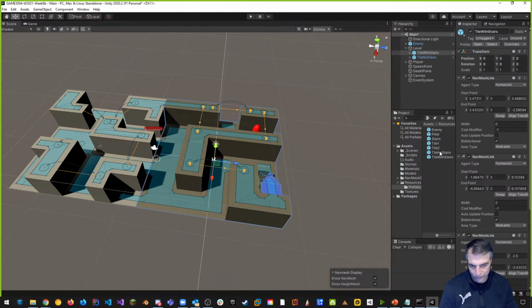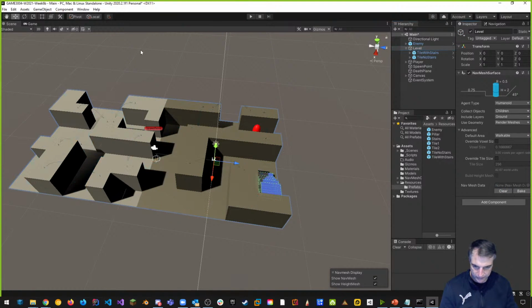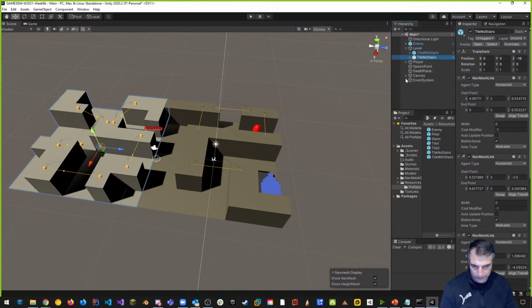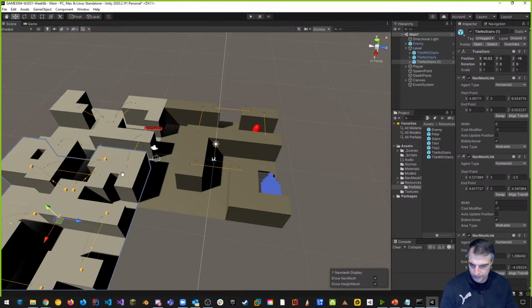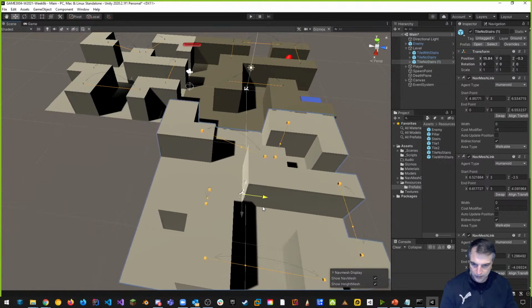Now that I have tile no stairs and tile with stairs, let's duplicate these and not bake everything. So let's clear the baking, no baking, right? And I want to get this tile no stairs, and let's duplicate this. So Control D to duplicate tile no stairs. And I want to move this other tile, and I'm going to put it over here. And what I want to do is rotate this second copy of tile no stairs across the